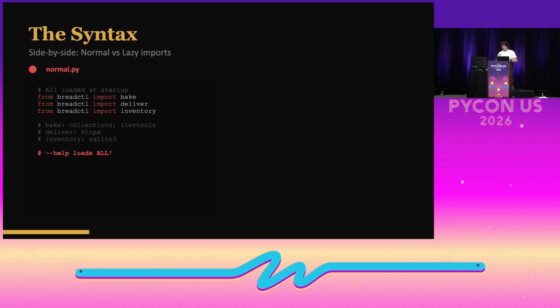If I call that help flag again, it's going to call all of those and load them. For my bake example here, it's using itertools and collections, which are built-ins, but deliver makes a web call because you want to order your bread from the CLI, because why not? That uses HTTPX, and then the inventory, well, that's a SQLite thing. So you're loading all these modules when you're just trying to get help to see what your options are, and